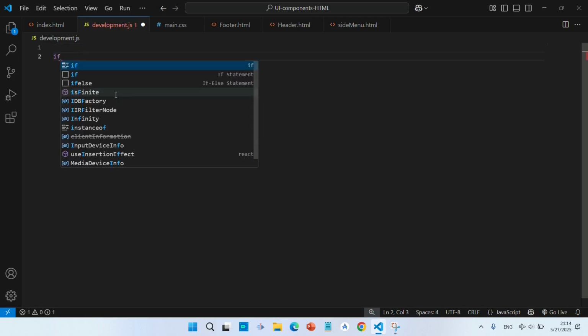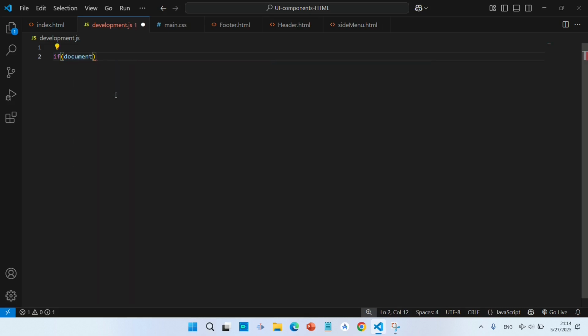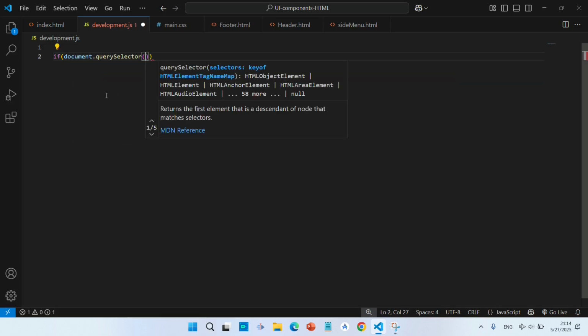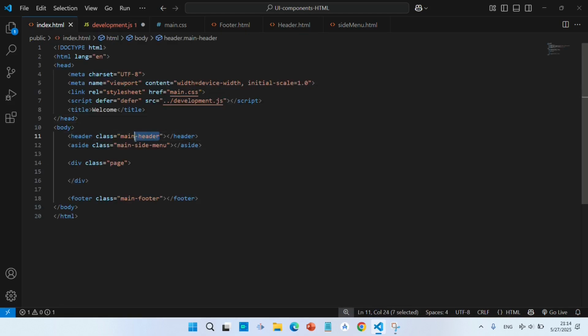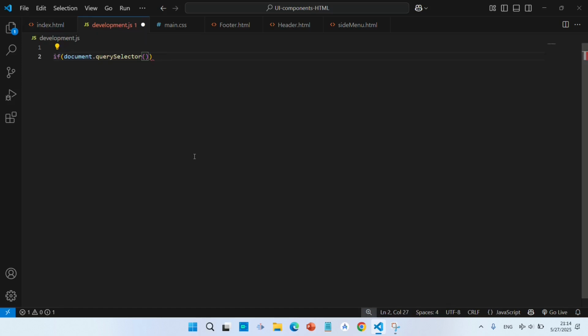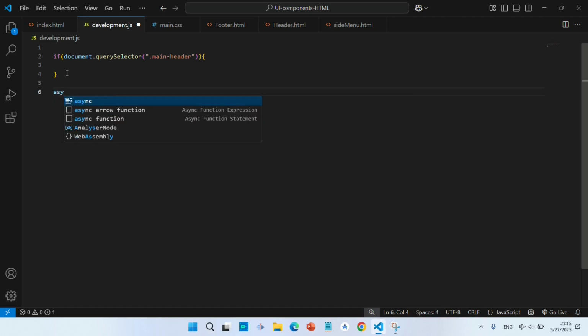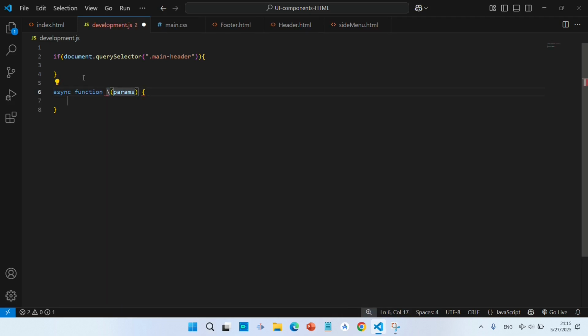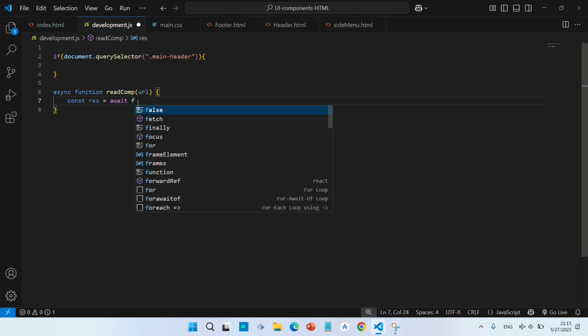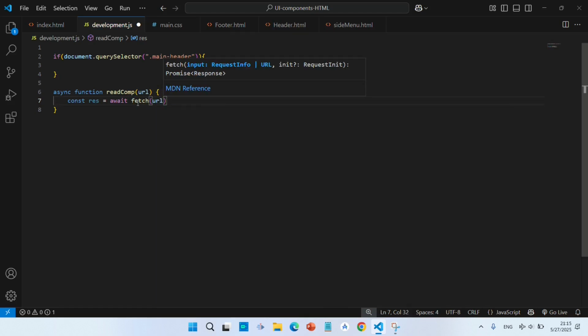And here type if document dot query selector this class main header, create here a function, an async function with the name read components, the URL, await fetch URL,